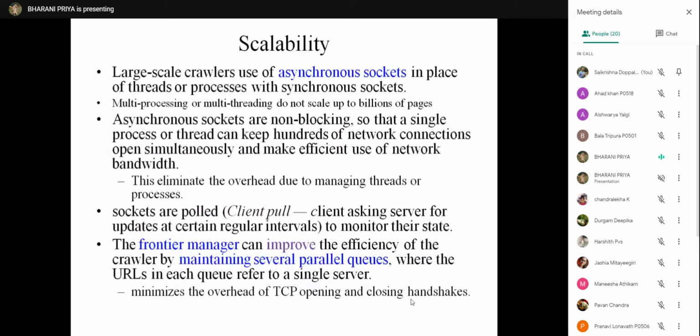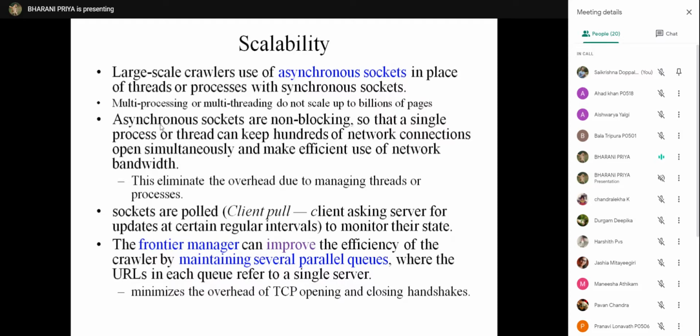Whereas large scale crawlers use asynchronous sockets instead of synchronous sockets. When you use multiprocessing and multi-threading, they do not scale up to billions of pages. So why are we using asynchronous sockets? Because asynchronous sockets are non-blocking.